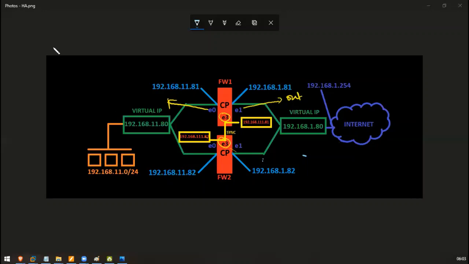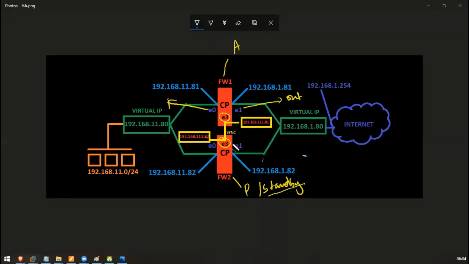So basically, in high availability, there are two kinds of availability, which are active passive, or you can say standby also. In active standby, one firewall remains active, which means it will flow the data, and the other one sits standby, which means it doesn't do anything.